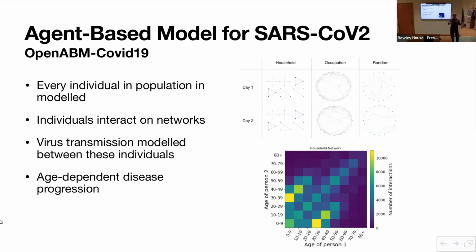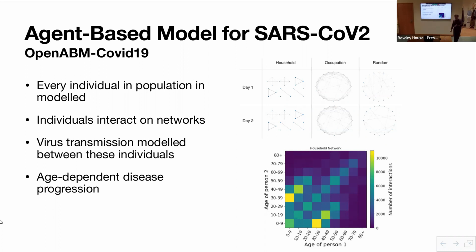And then once we were modeling the interactions between people, we could then model the interaction of the virus. So when people get infected, how likely you were to transmit the virus to someone depended on how long you've been infected for. When you were first infected, for the first few days, you would have very low viral load and a very small chance of transmitting it. By day 4 or 5, you would have very high viral load. You still wouldn't have symptoms, but you'd have a very strong chance of transmitting it. So we had to model that part, and then we had to model disease.